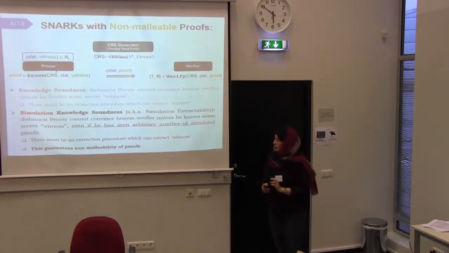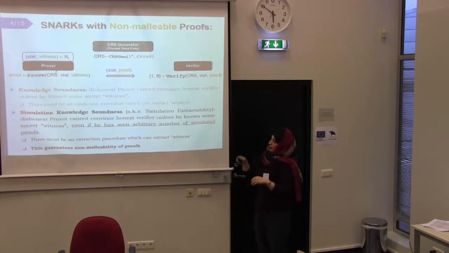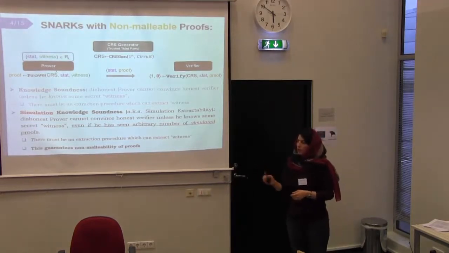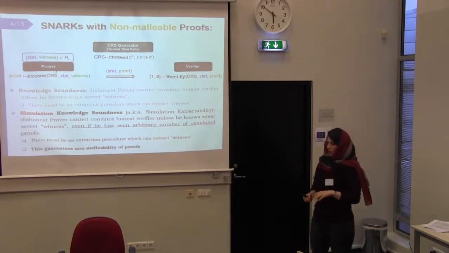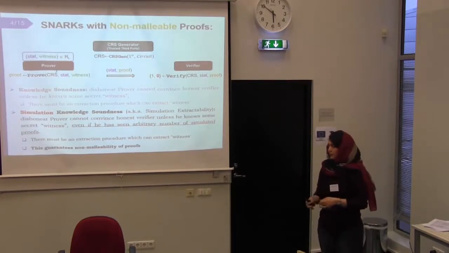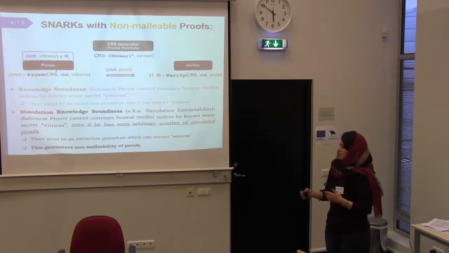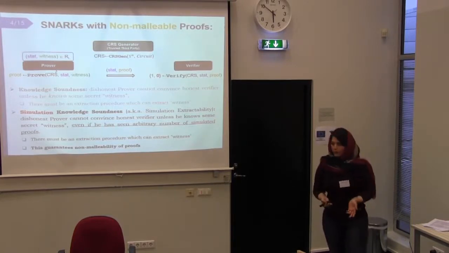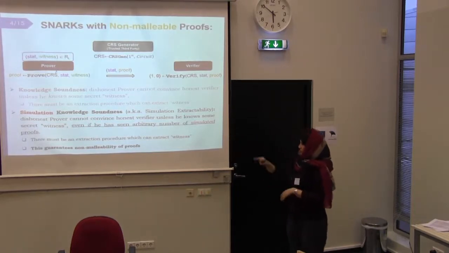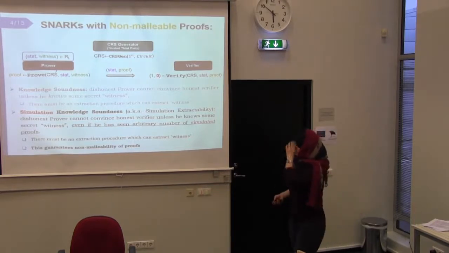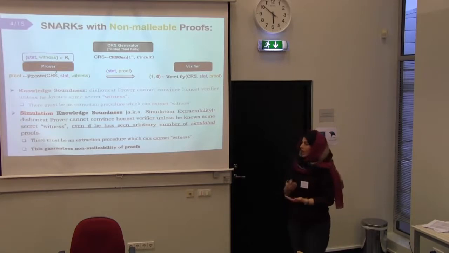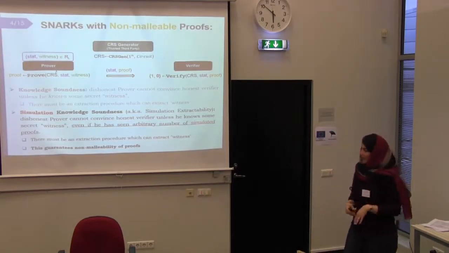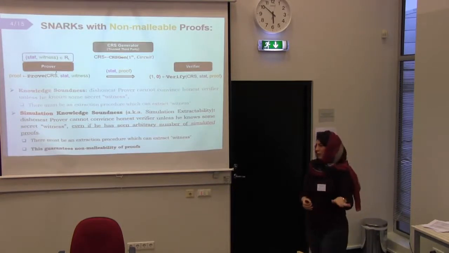As you may have noticed, Karim in the previous talk talked about a stronger notion of knowledge soundness, which is simulation knowledge soundness. But he talked about black box simulation knowledge soundness, which is useful for UC security. But in some applications like Zcash, we just need simulation knowledge soundness, to guarantee the non-malleability of our proofs. So we just want to stay with this property, simulation knowledge soundness. It says that the prover cannot convince the honest verifier unless she knows the witness,